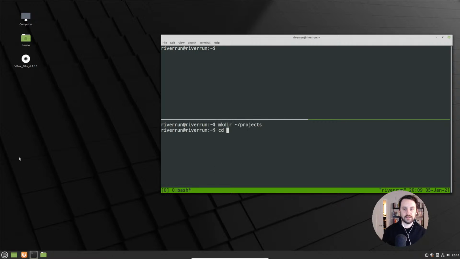Make a projects directory, cd into projects. Need to make an SSH key. Alright, I'm going to make this SSH key on another screen for a moment.